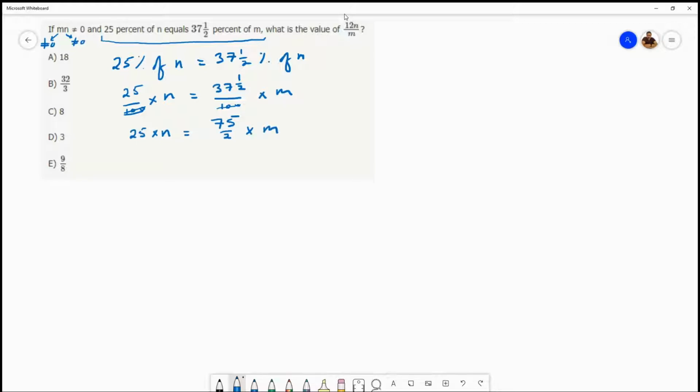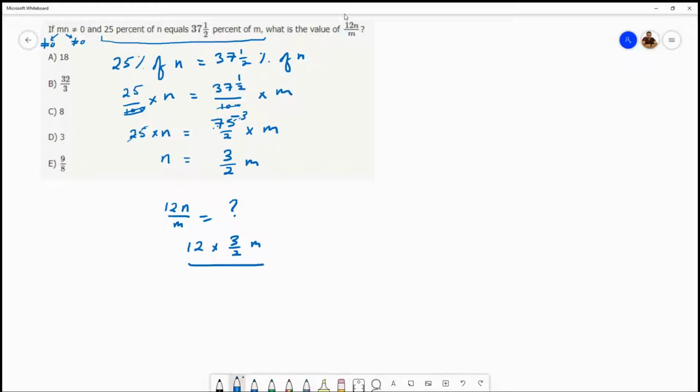times m. All right. Now this 25 here, I can divide both sides by 25, and then I'm left with 3 by 2 m on the right side. So n equals 3 by 2 m. What was the question? What is the value of 12n by m? So let me plug in this value of n into that expression. 12n by m, 12 times 3 by 2 m